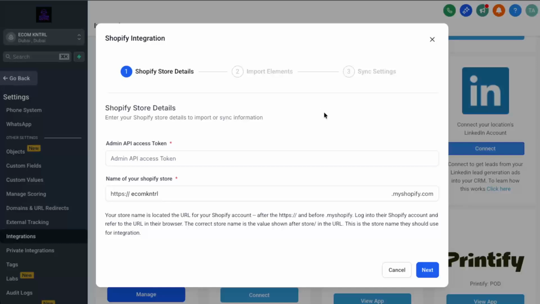Once you've selected the elements you want to bring in, click on Next again to confirm and start syncing the information. GoHighLevel will begin pulling data from Shopify into your account. The first sync might take a little time if you have a large store, so be patient and let it complete. After this, your Shopify store is connected to GoHighLevel, and your chosen data will be available for campaigns,